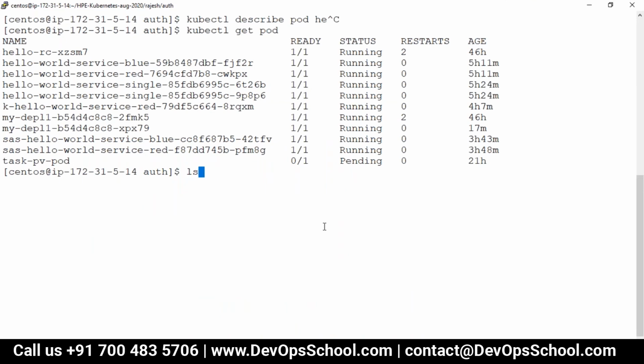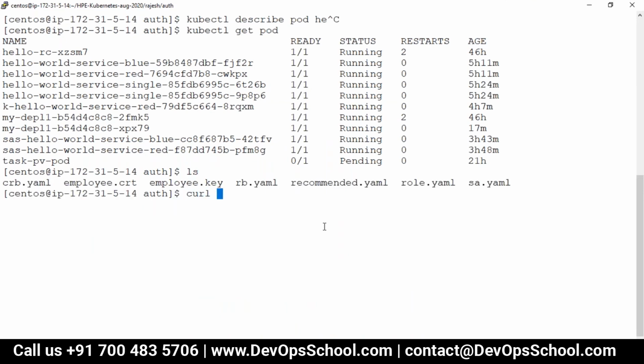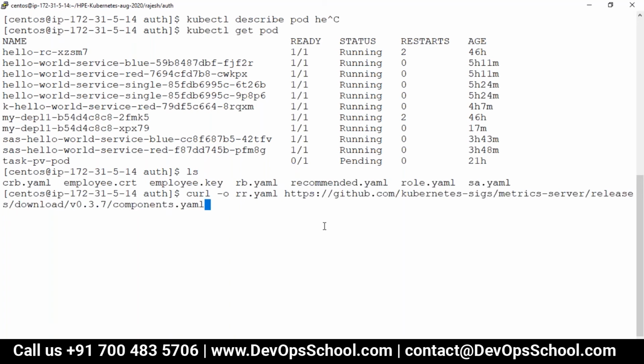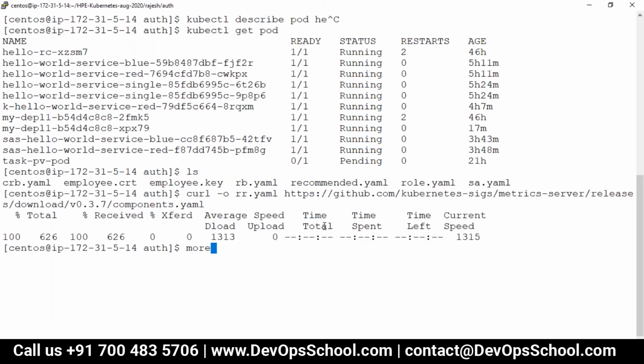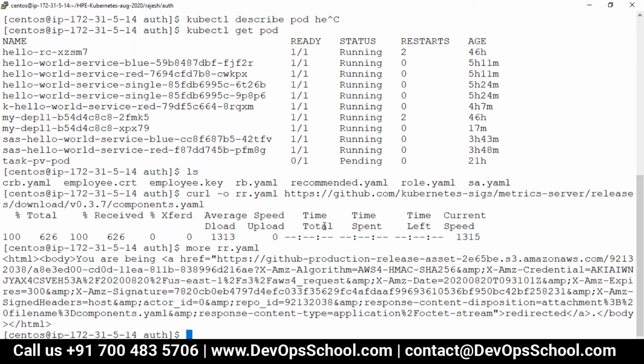They have implemented everything. So curl -o rr.yaml and this one. Now more rr. So now you can ask any questions about what they do as part of this setup.